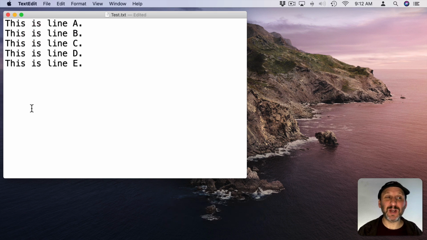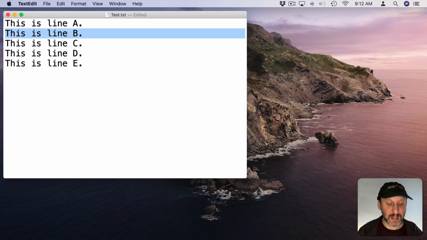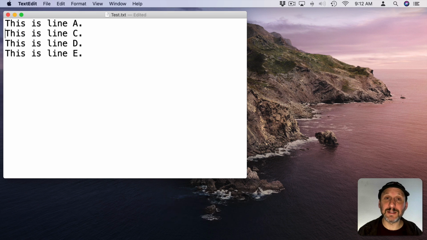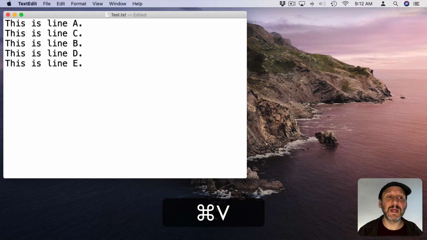So let's place the cursor in the middle of the line in a random spot. I could Command left arrow to go to the beginning of the line, Shift Command right arrow to select everything to the end of the line. Then a single Shift right arrow to select one more character, the carriage return or line feed at the end there. So now I have the entire line selected. Then I could Command X to cut, then down arrow to move down one line, Command V to paste, and for good measure maybe the up arrow to go to the beginning of the line that we just pasted. So I did the entire thing with a short series of keyboard commands.